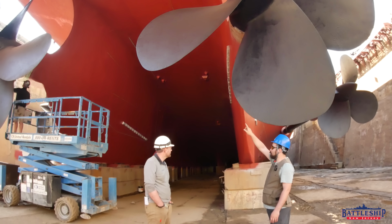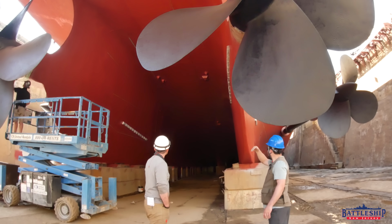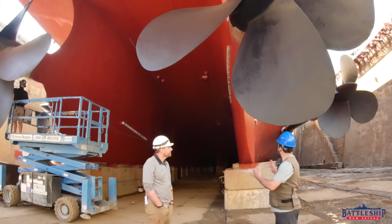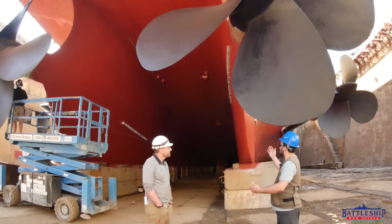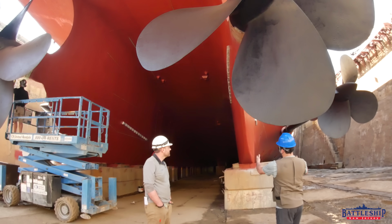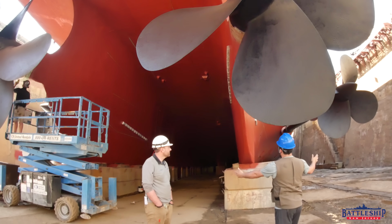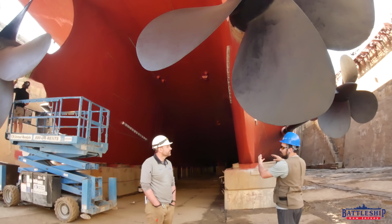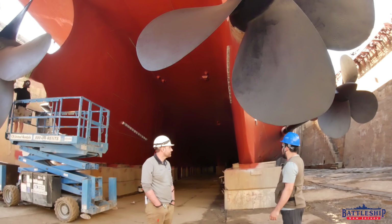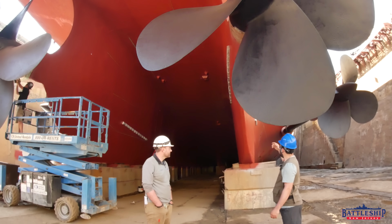They've got a big crescent form above the prop, and then they cut back quite sharply down because it is a known problem. So if you have the skegs being quite wide and quite close to the props, then even if the water columns were exactly the same speed, they are going to have to reintegrate. That will cause turbulence, and if that turbulence is very close to the back of the props, then you'll get vibration. So one of the ways to address that is obviously to set the end of the skeg further back,